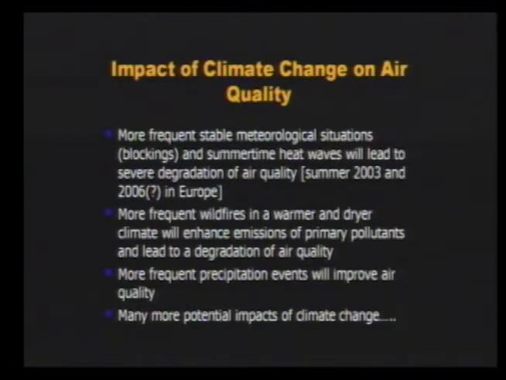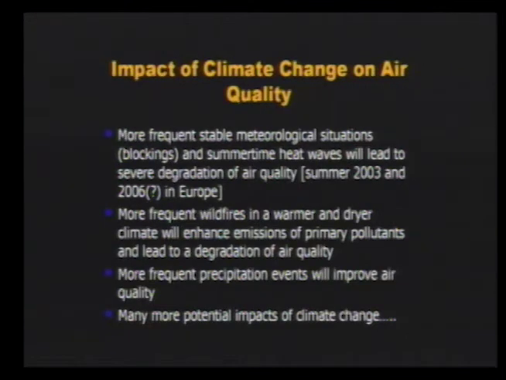How does climate change affect the composition of the atmosphere? Well, there are many ways. First of all, you might have the potential for more frequent stable or blocking conditions, and therefore perhaps more frequent heat waves. We don't know exactly yet, but if that happened, we could have a severe degradation of air quality, and even though it might not be important as a feedback into the system, it has some societal